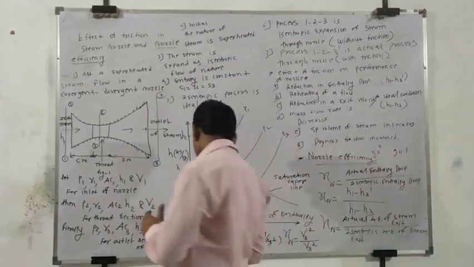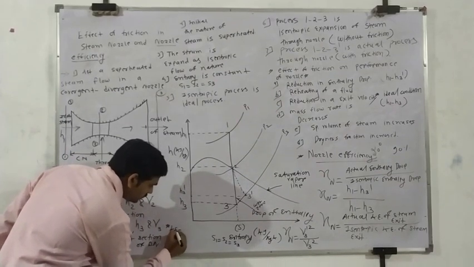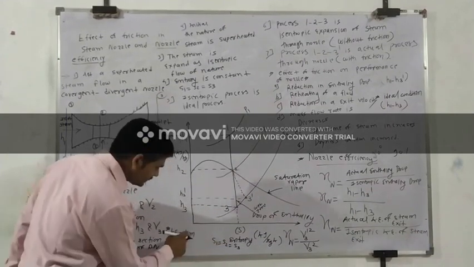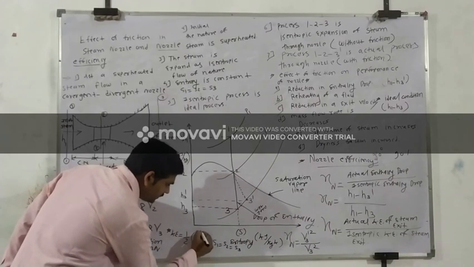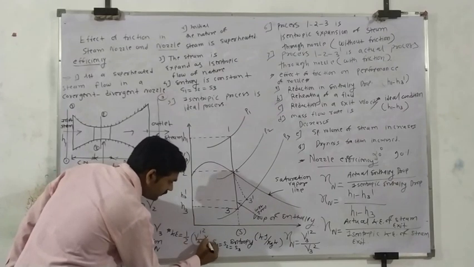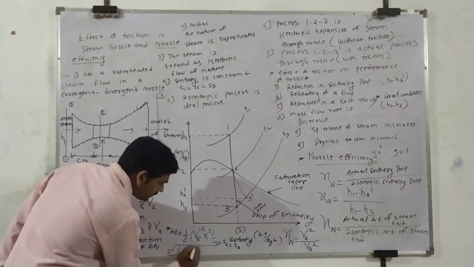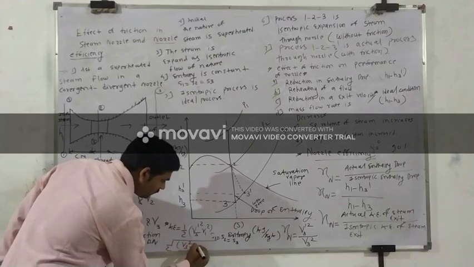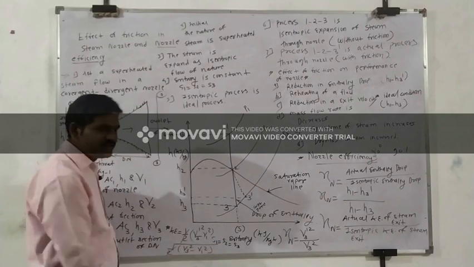Suppose here, you see here, very simple. Kinetic energy means 1 upon 2 m. So mass flow rate consider per unit mass. That's why there is no any mass will be there. So what is in actual V3? Actual V3 dash square minus V1 square upon 1 by 2 V3 means in isentropic, V3 square minus V1 square. We got this formula. So this 1 by 2 is get cancelled.